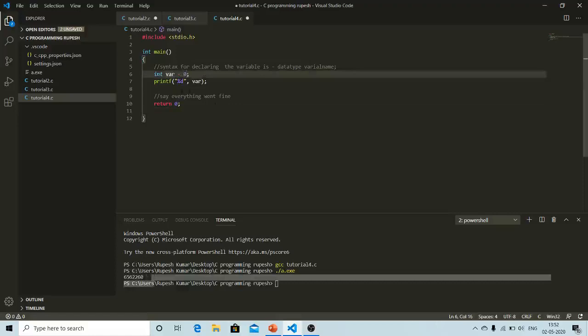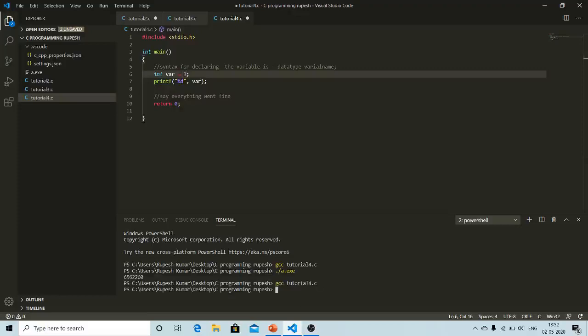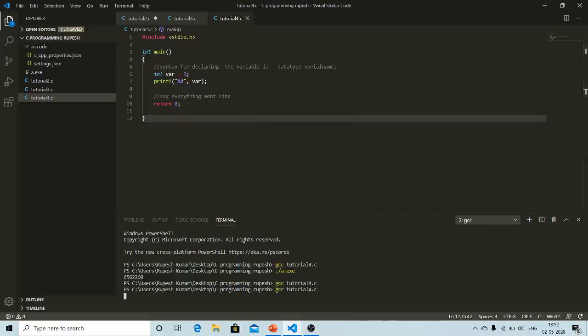So once we assign some value or initialize this, for now initialization means we have stored 0 in the variable var. You can initialize this with any integer, either 1, or 3, and so on. So now try to compile this. You can see, okay, we have not saved it. We'll save this and then again try to compile this. Now it has compiled successfully. Now try to run this. So you can see now it has printed number 3. That means 3 has been stored in the variable. Now it is no more printing any garbage value because we have initialized this.